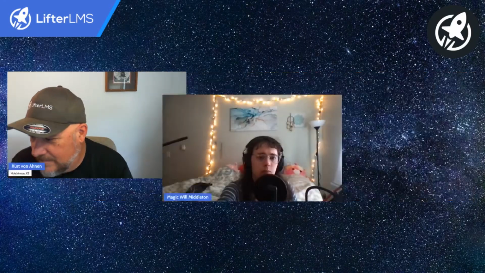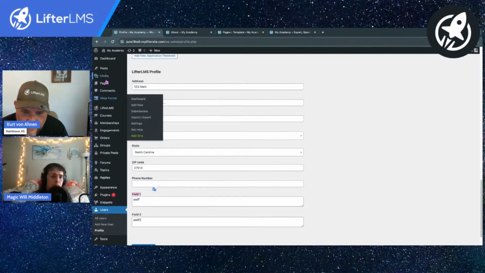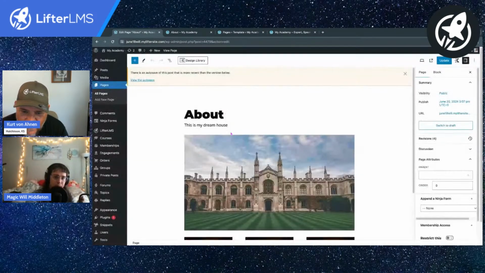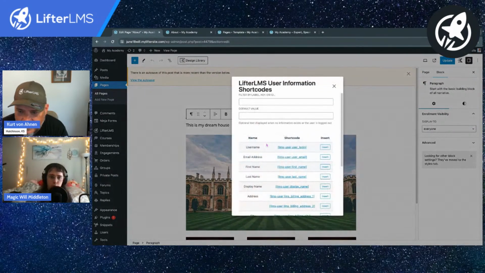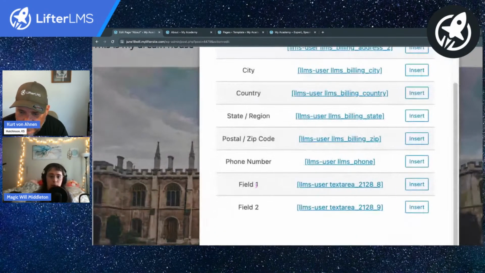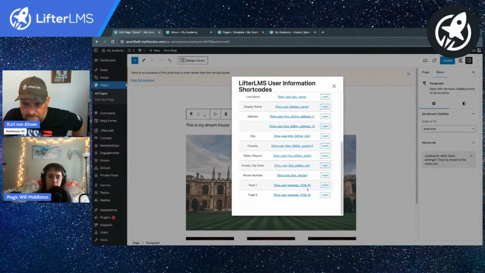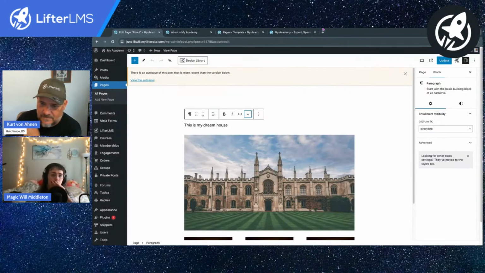It's pretty easy to find the identifier. I'd recommend renaming your meta fields, definitely for a developer-oriented person to take a look at that. But once you're in, you can do these little shortcodes. Lifter has all these little shortcodes, and it includes these ones that you've created as part of custom fields. So you can just drop in these shortcodes right in your text editors. That's nice.